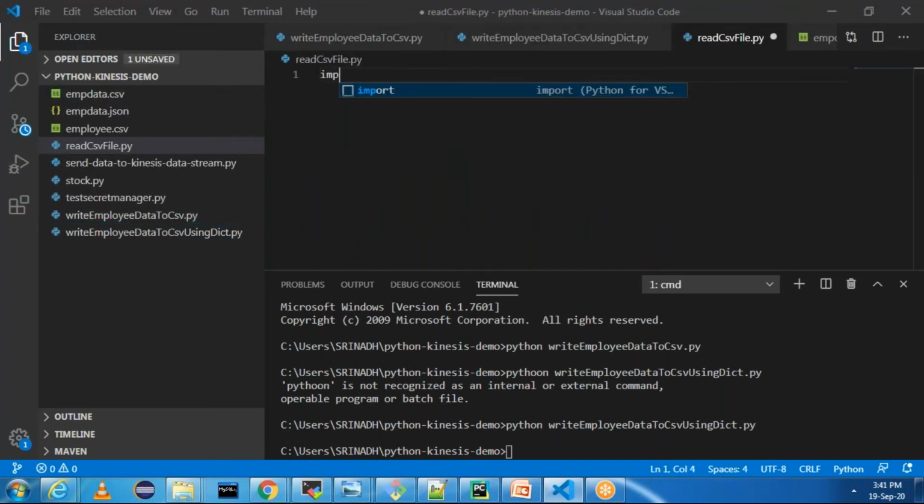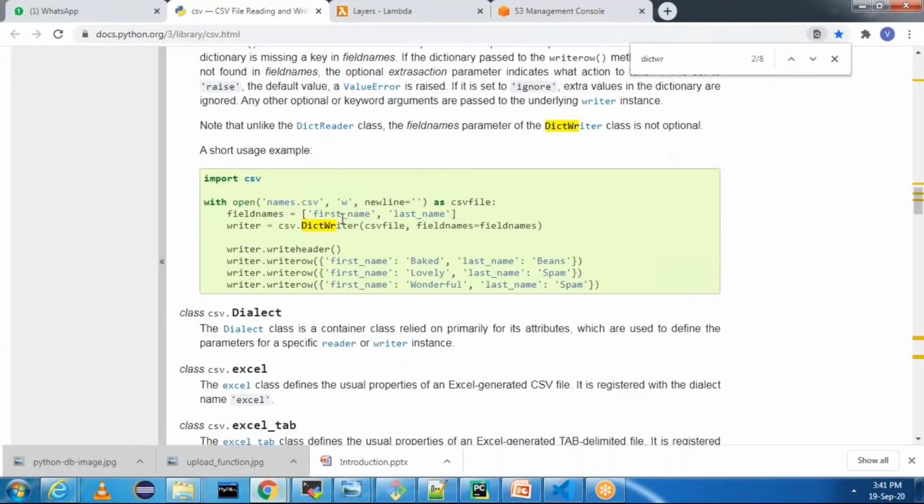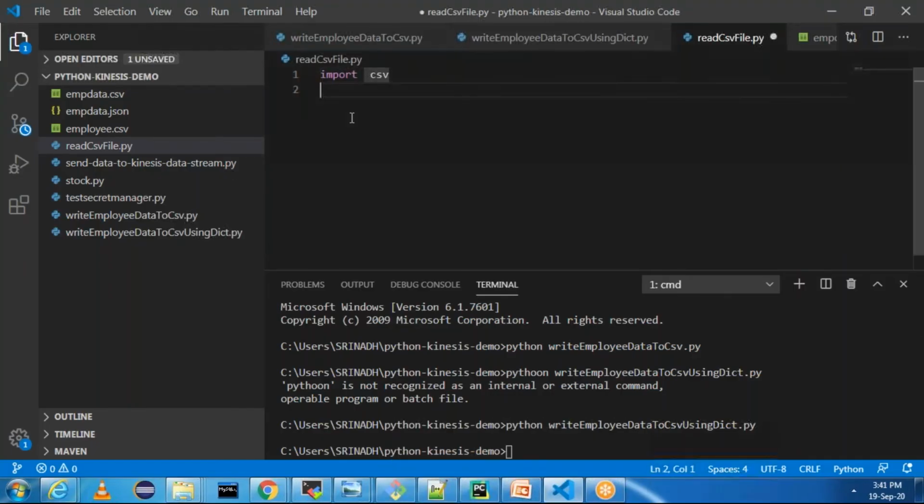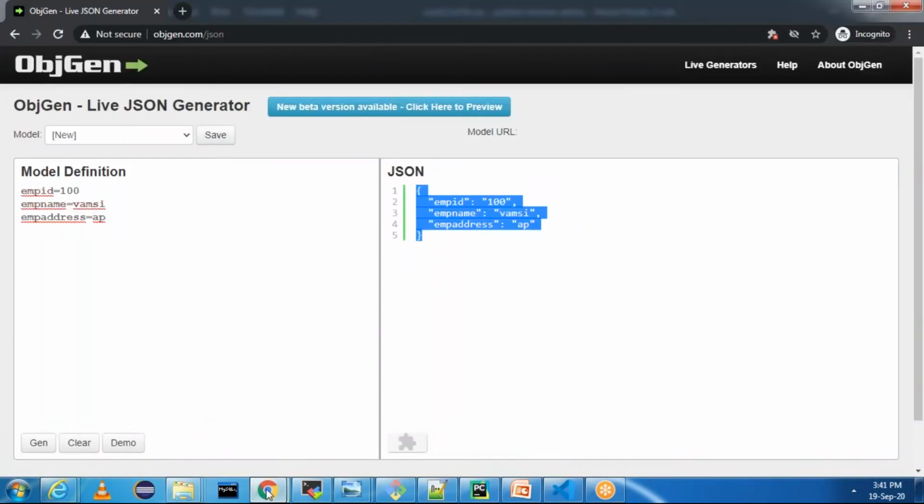I will say import csv, and to read it, let us go to the default documentation and see how they are reading. We can read it with dictionary reader or we can read it with normal reader as well. I am going to use dictionary reader. Let me use this file. I'm going to say with open. My file name is employee data.csv. I'm going to read it,